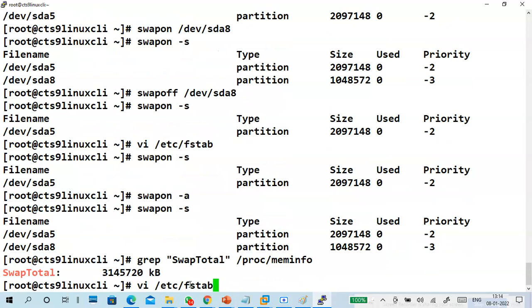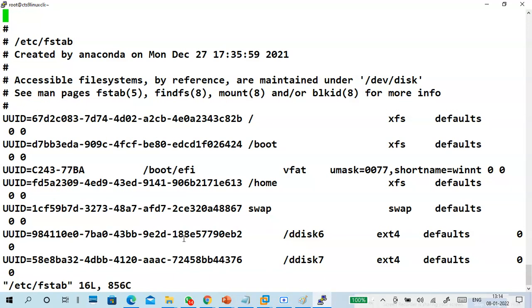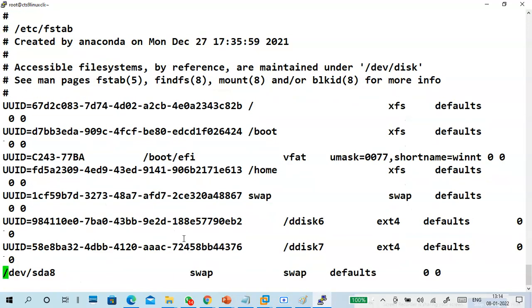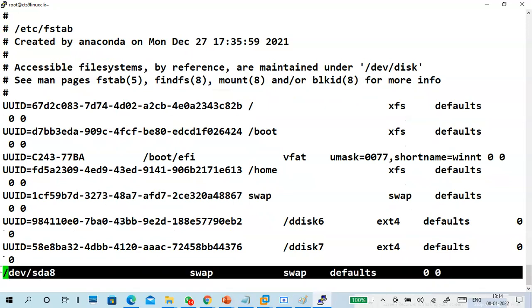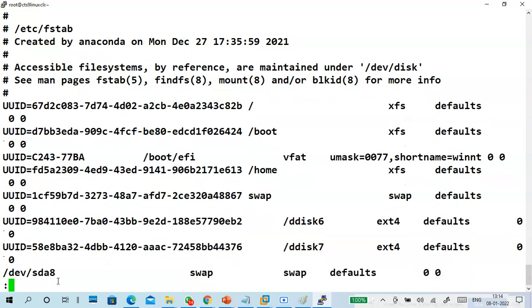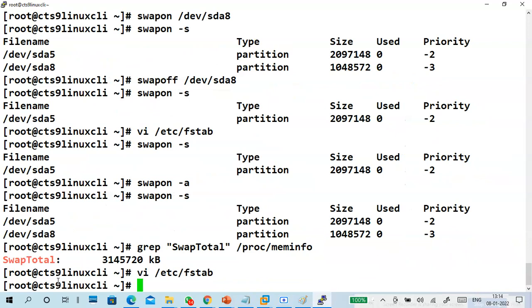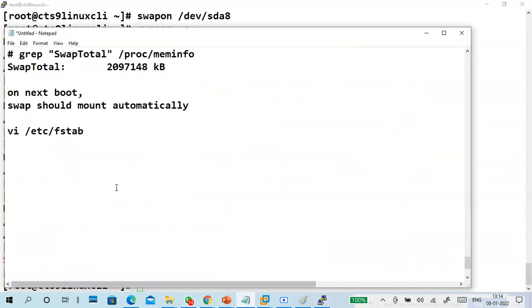Go to the vi editor, fstab, specify your information. Specify the information in fstab.